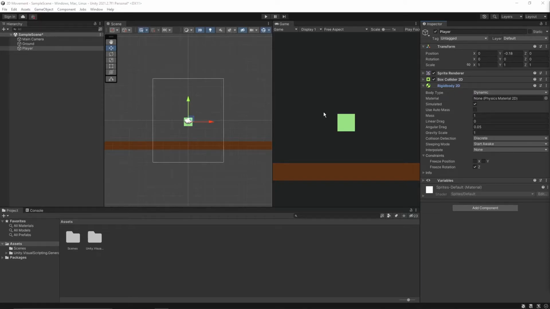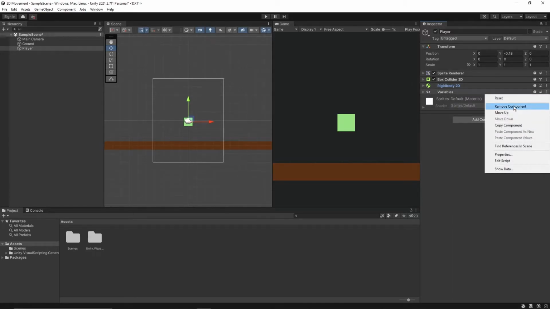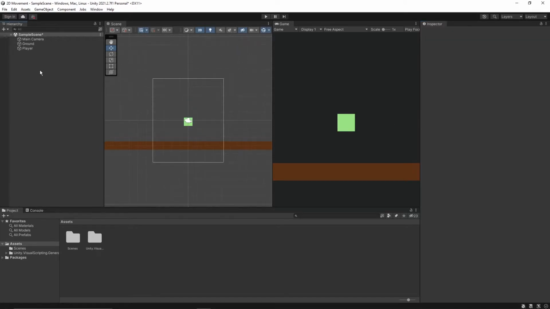Because for moving our game object left, right, or for making it jump, we have to use rigid body only. This one we'll talk about later. I'll just remove it.